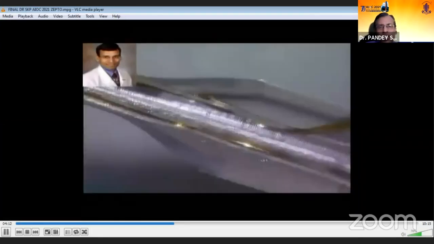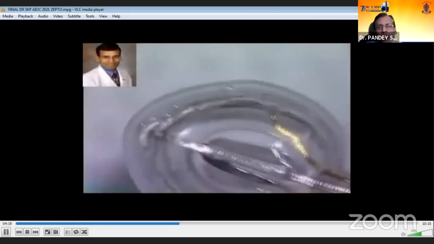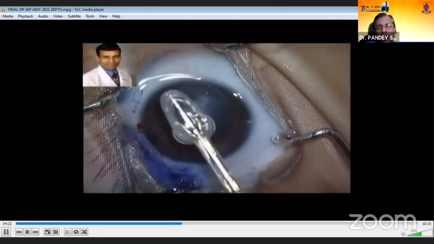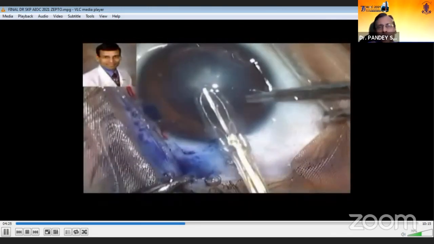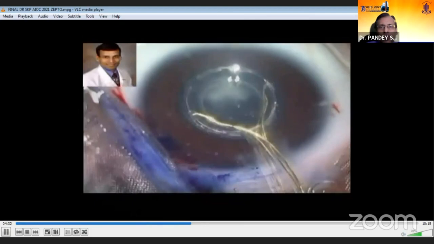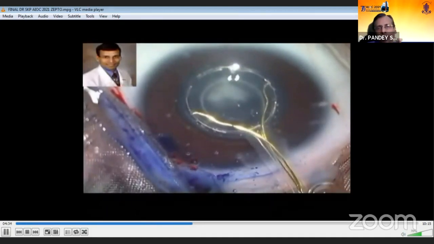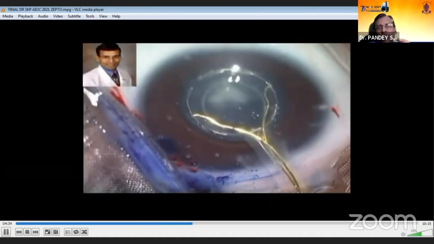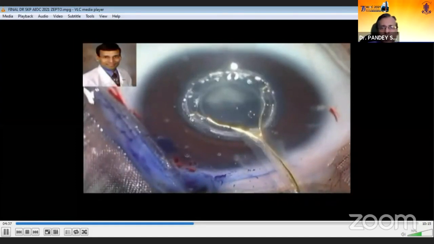Because of low scleral rigidity, there are high chances of the runaway axis, and it's difficult to perform the capsular access because of the shallow anterior chamber and positive vitreous pressure. This is the technique of Zepto access in a 5-month-old child. You can see the perfect capsular access, which is done in a few seconds using the Zepto device.